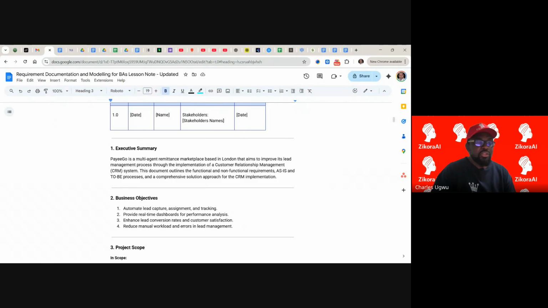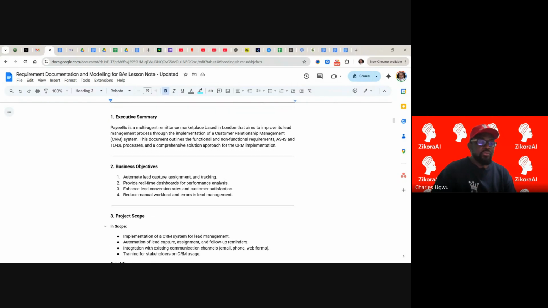So Payigo is a multi-agent remittance company marketplace based in London that aims to improve its lead management process through the implementation of a customer relationship management CRM system. This document outlines the functional and non-functional requirements, as-is and to-be processes, and a comprehensive solution approach for the CRM implementation. So, giving you an idea of what we plan to do here,